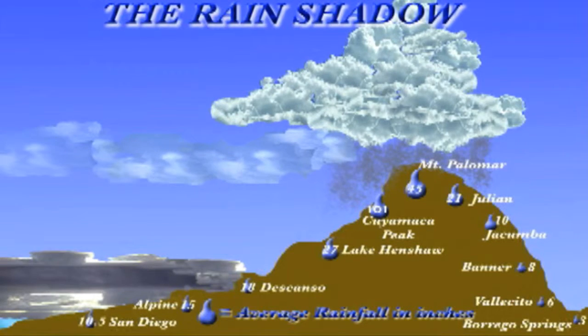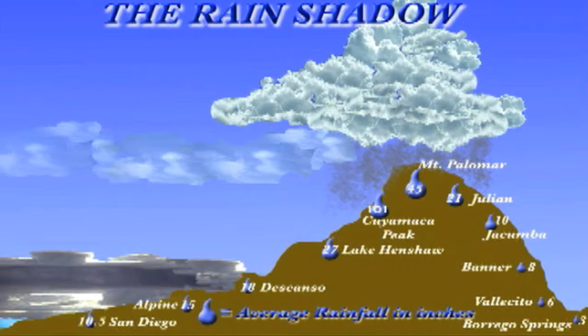San Diego County has an interesting east-west profile. The land begins at sea level and then rises to 6,500 feet in about 60 miles. Then it drops quite suddenly and in about 30 miles goes to below sea level. There's a weather pattern that is created by this shape of the earth.